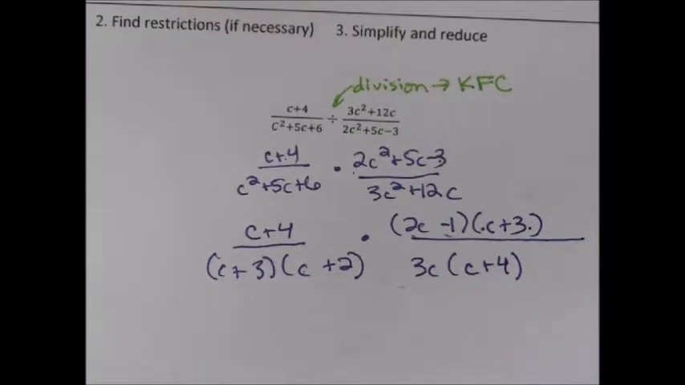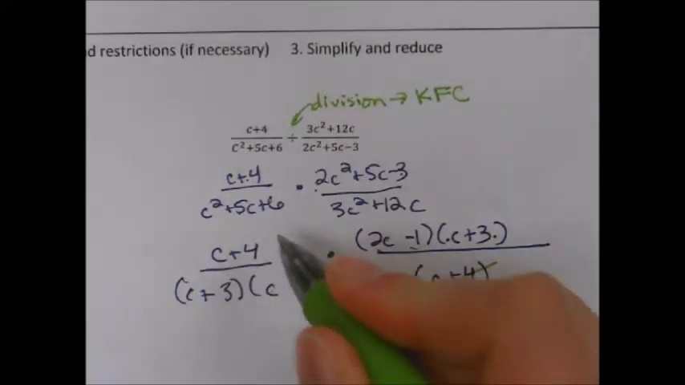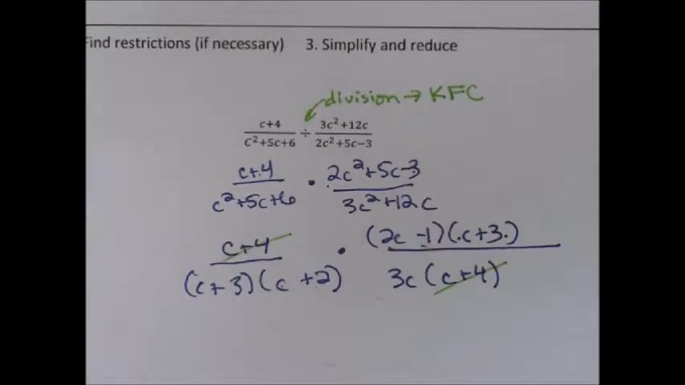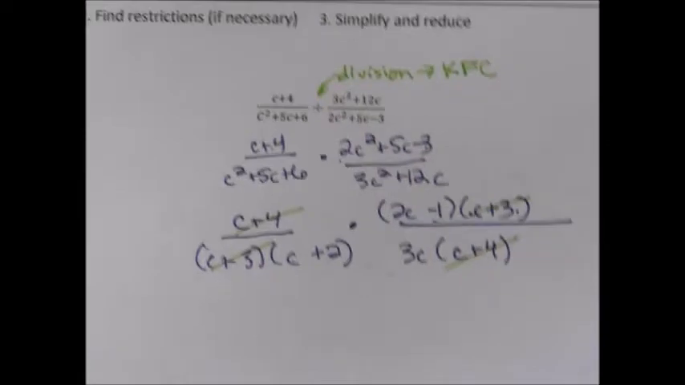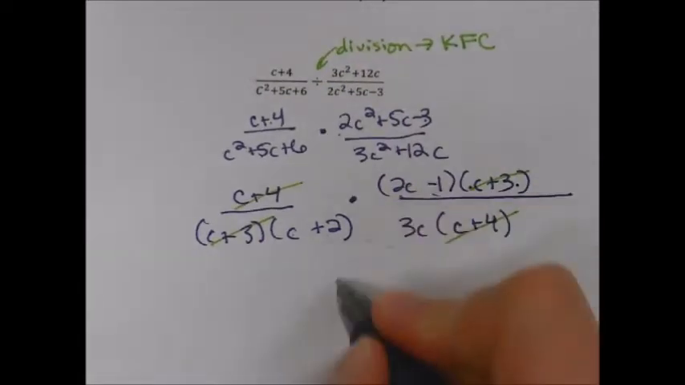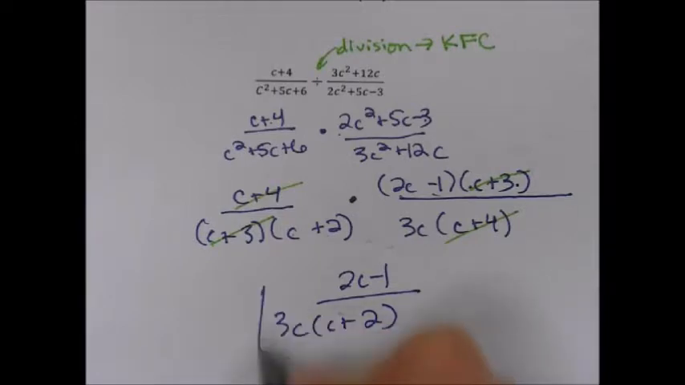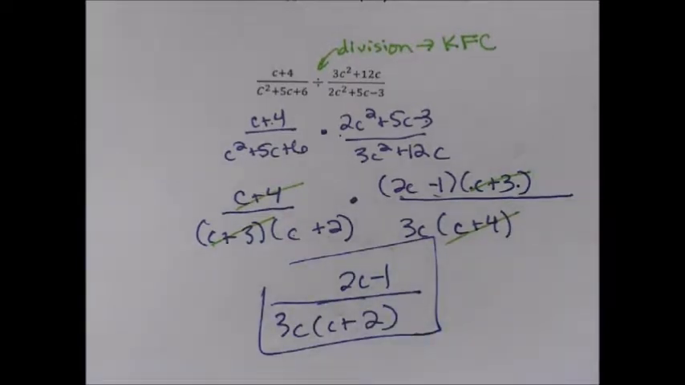Now that I'm to this point, I can simplify. c plus 4, c plus 4, c plus 3, c plus 3. And what do we have left? We have 2c minus 1 over c plus 2, and then the 3c goes in front. Okay, so for the next example,